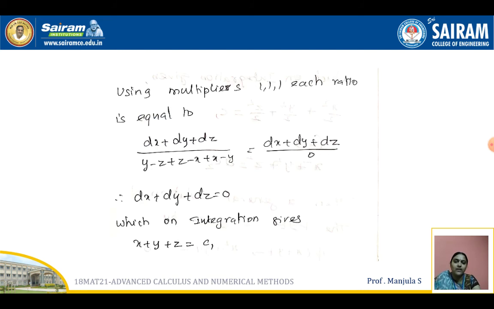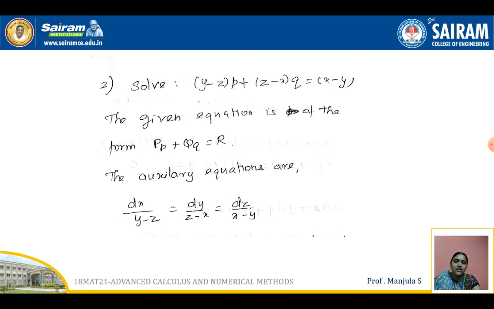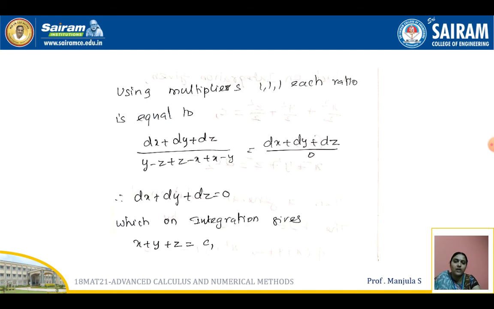If you go for taking the first two equations, you just see the previous slide, here dx equals dy. If you consider those two equations, meaning y variable one side, x variable one side, the variable separable method we can't apply here. So what we have to do, you just go for the second method, that is choosing the multipliers. The three multipliers we have to choose in such a way that if you add the denominator terms, you should get 0.